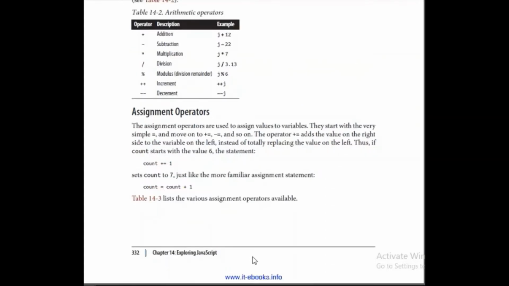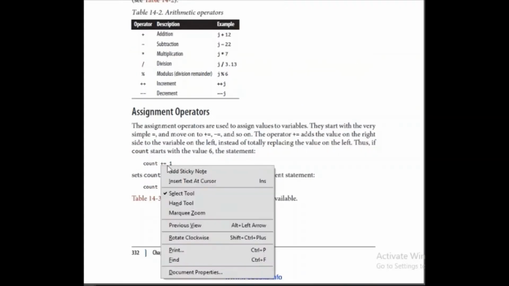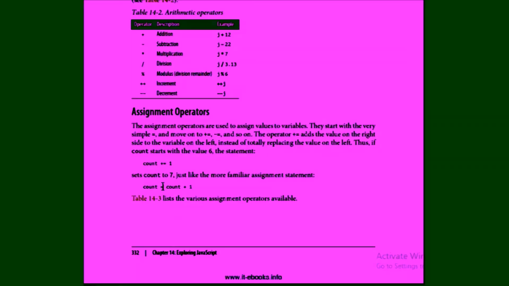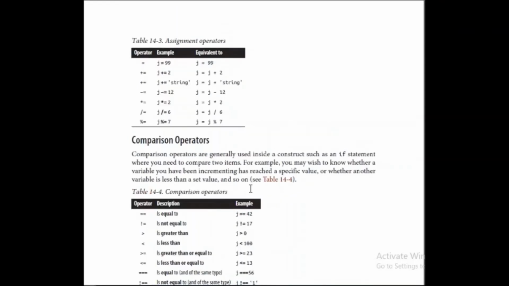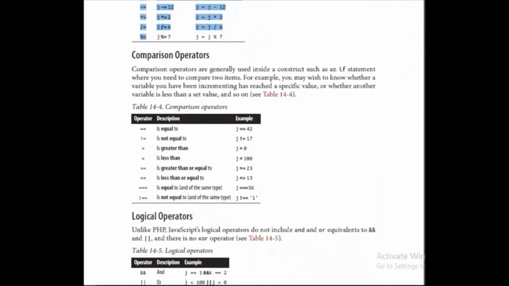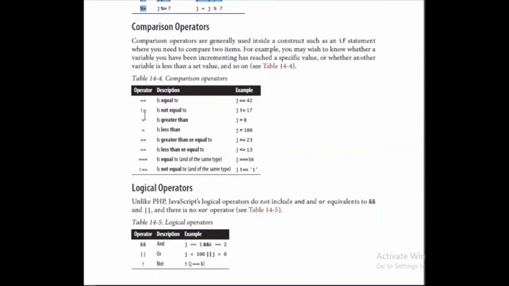And in the same way, we have assignment operator. Plus is equal to is assignment operator, equal to is assignment operator. And if you want to check in an if condition whether one element is equal to the other element, you will write double equal, two equals, right? And these are comparison operators, assignment operators. These are all assignment operators: equal, plus equal to, minus equal to, multiply equal to, divide equal to, percentage equal to. Then you have this comparison operators to make comparison between two values.